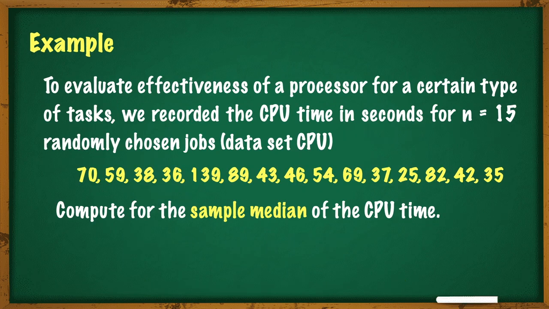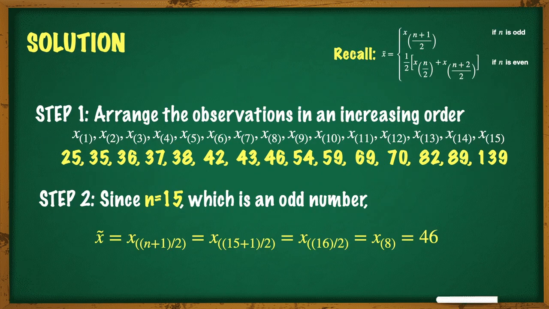To apply the median, we use the dataset used previously, which is the CPU time in seconds for 15 randomly chosen jobs. Now, given the following observations, we compute for the sample median of the CPU time. To solve for the median CPU time, the first step is to arrange the observations in a decreasing or increasing order of magnitude. In this case, we arrange it in increasing order, and the arranged data are as follows,